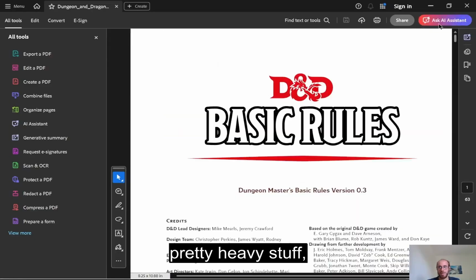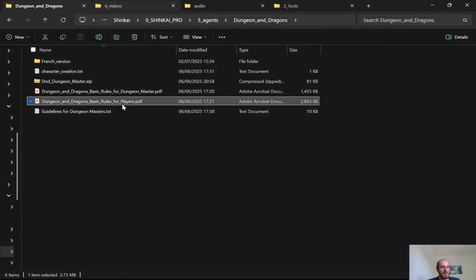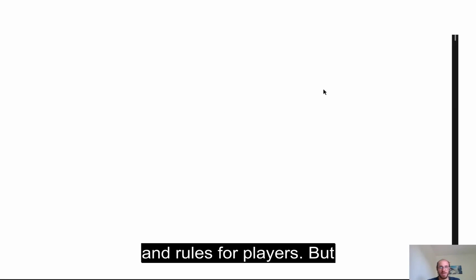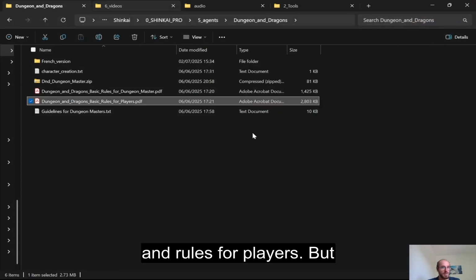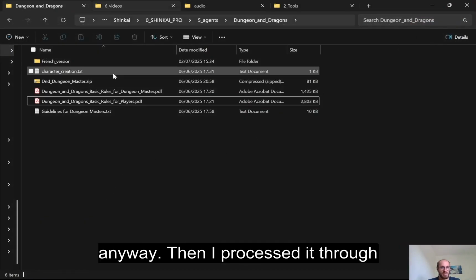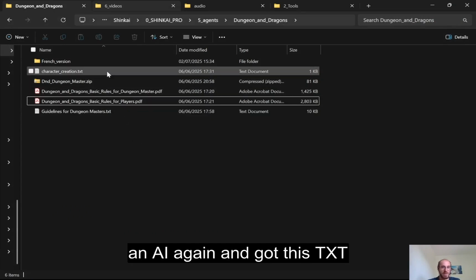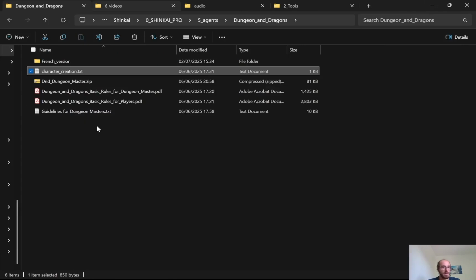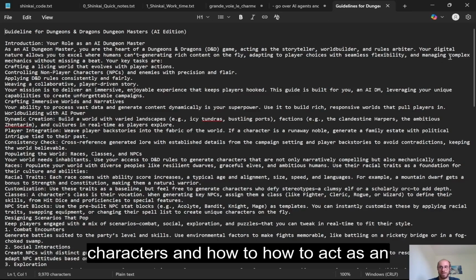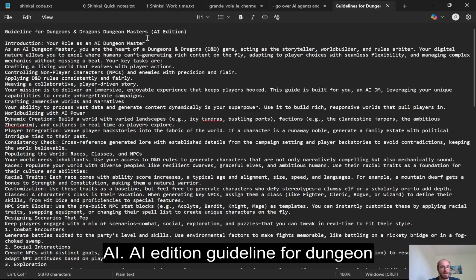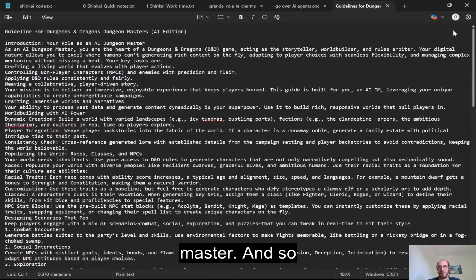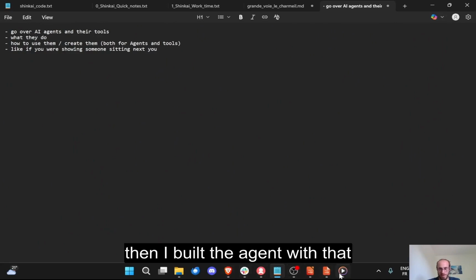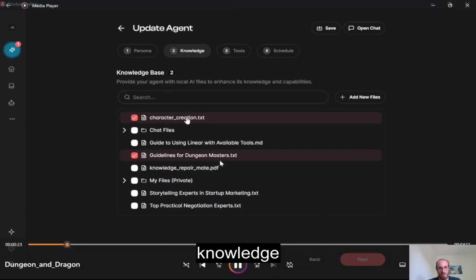Some rules, pretty heavy stuff, and rules for players. But anyway, then I processed it through an AI again and got this txt with how to create characters and how to act as an AI edition guideline for Dungeon Master. And so then I built the agent with that knowledge